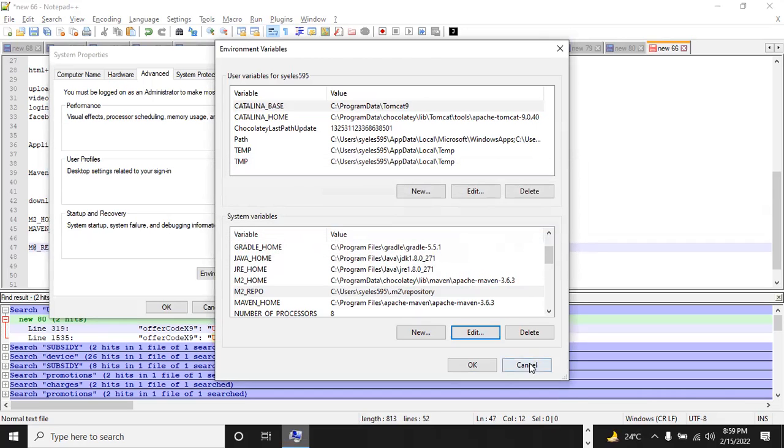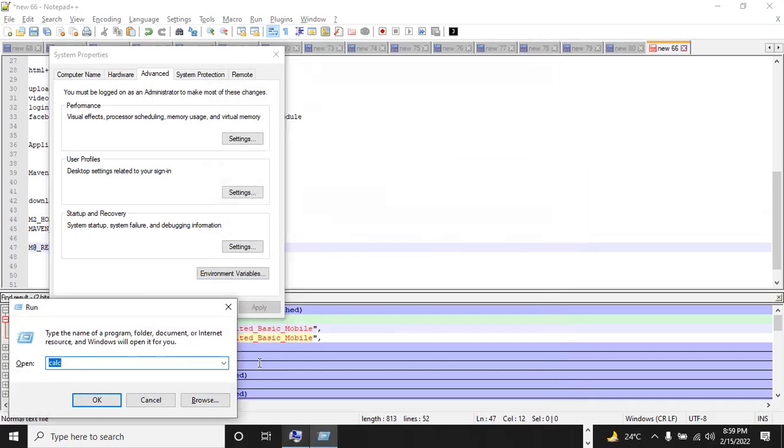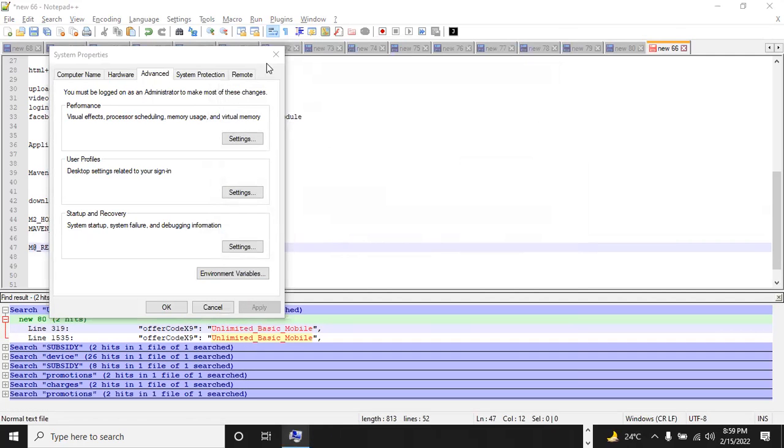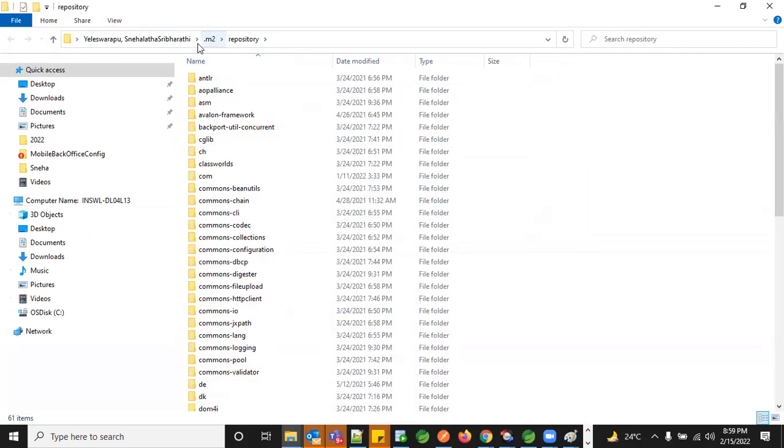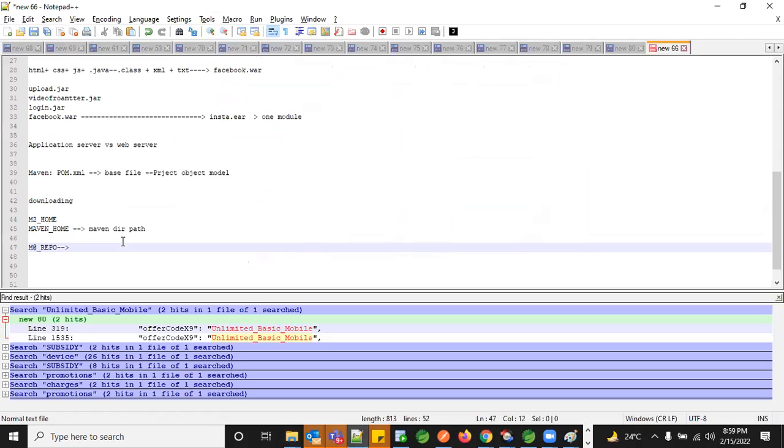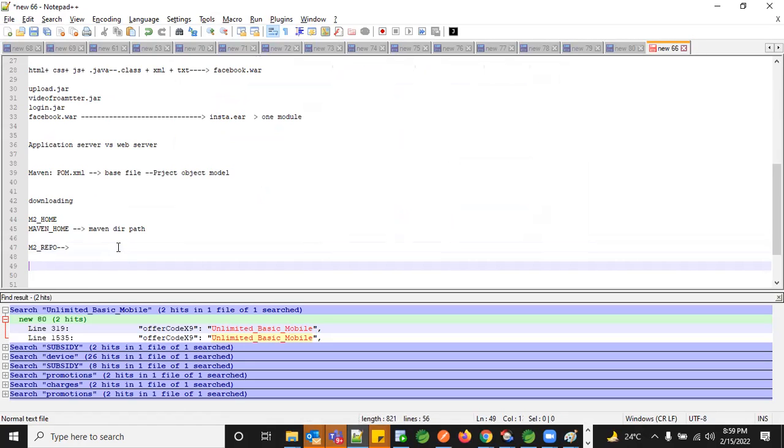So this would be the structure. You have to create a repo in the place where you want to store all your dependencies. Either you want it in the C path or if you want it in the D path, wherever you want, have a directory created called .m2. So create a directory .m2, like how you create it in a Unix system. Just create it the same way. You can just make directory .m2.